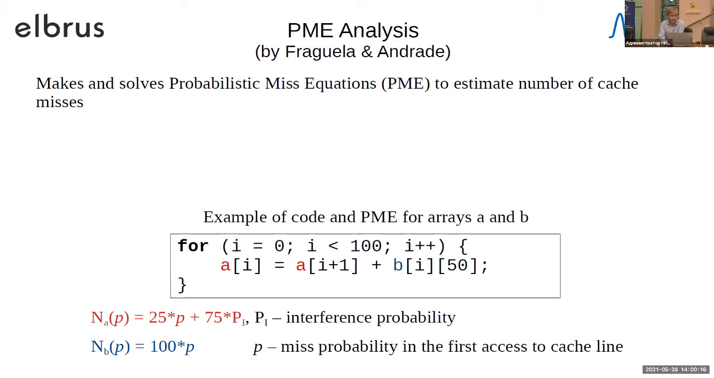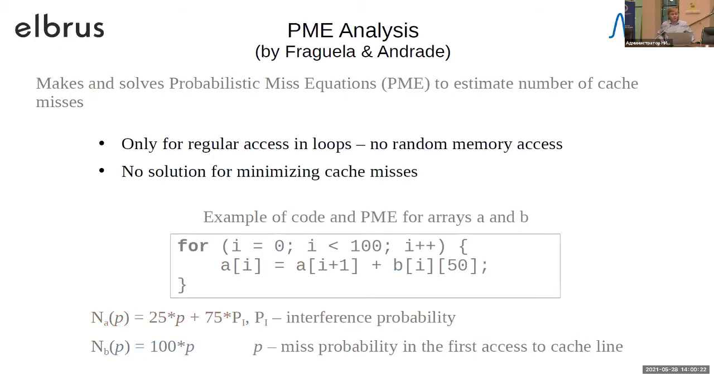And this approach also has some problems. First of all, it's only for regular access in loops. So if we have other cases, it's almost not applicable. Really, there is some irregular access, for example, when